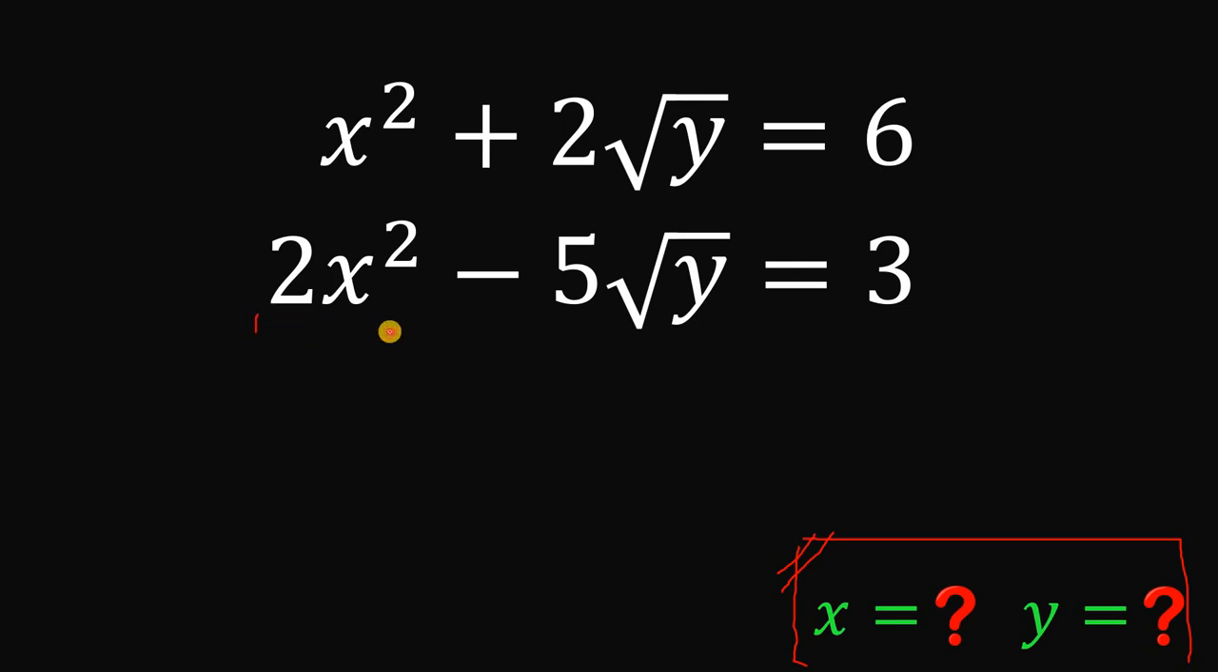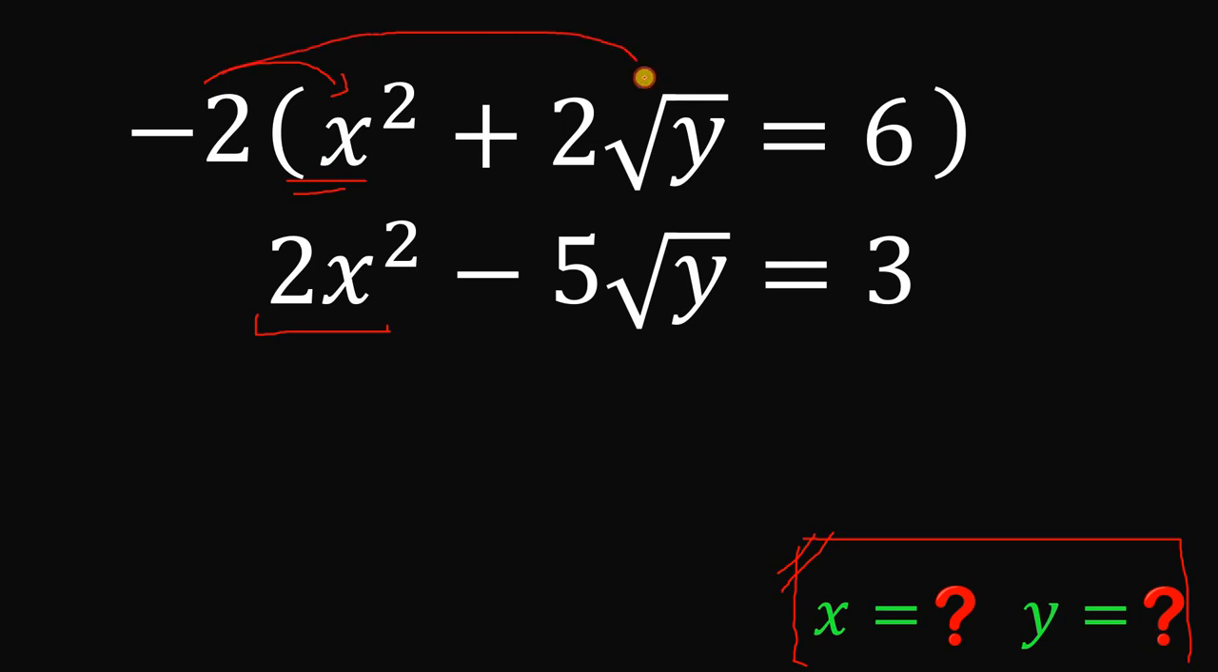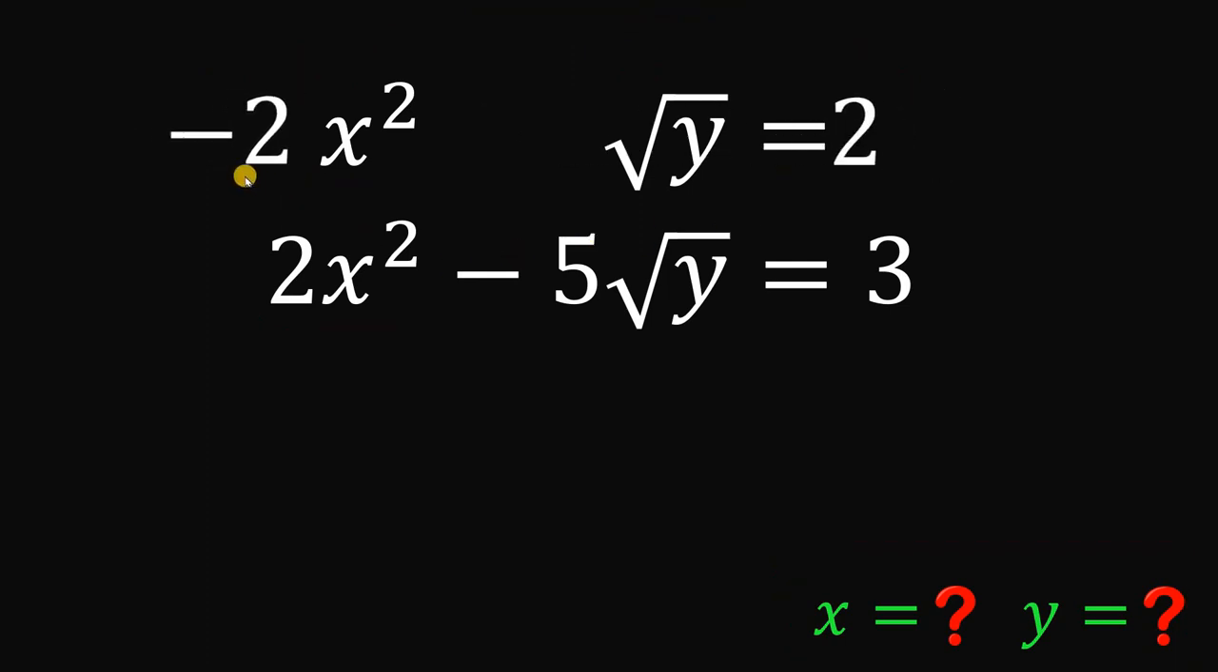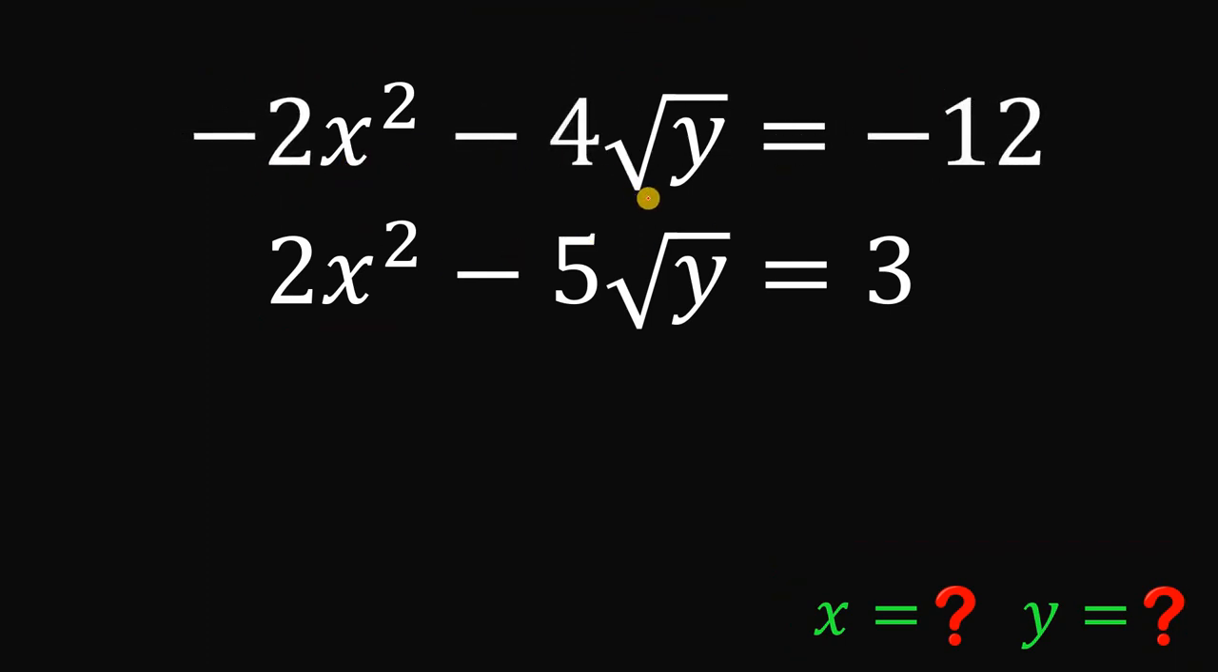First, take note of this. We have 2x squared in the second equation, and in the first equation, we have only x squared. So, what we're going to do is multiply the first equation by a constant, which is negative 2. So, we multiply negative 2 to x squared, to 2 times square root of y, and to positive 6. If we do that, we get negative 2x squared minus 4 times square root of y equals